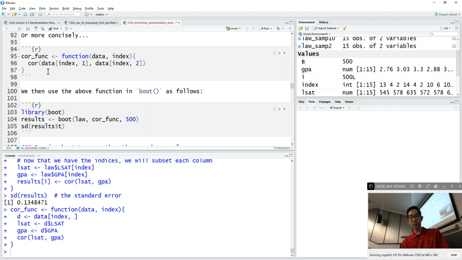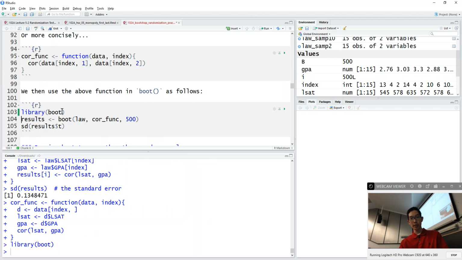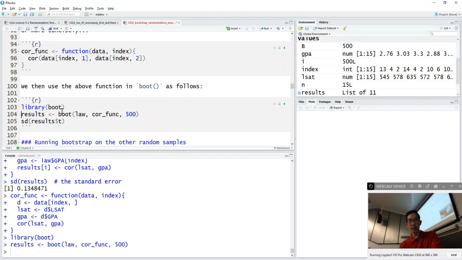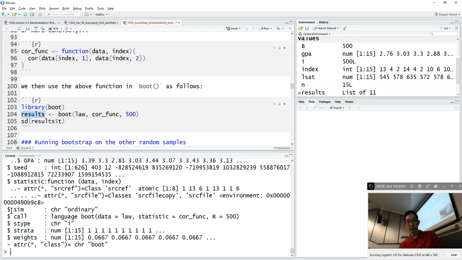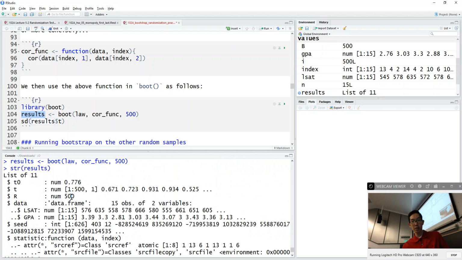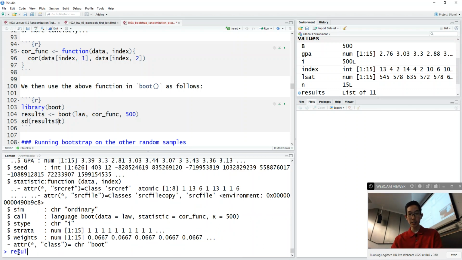And then we have our correlation function programmed in here. We're going to load up library boot, and we're going to just run boot using our dataset law, the correlation function that we programmed, and we're going to repeat this 500 times, okay? And that's going to show up in results, okay? And we can see the structure of results. It looks rather complex. It's not, okay? All of the results that we are interested in are going to appear here in T. If I do results $T,